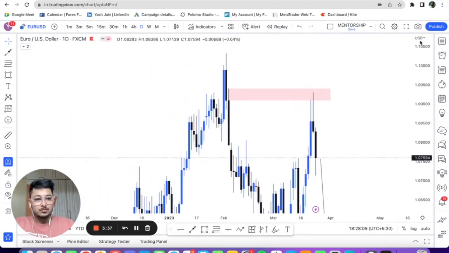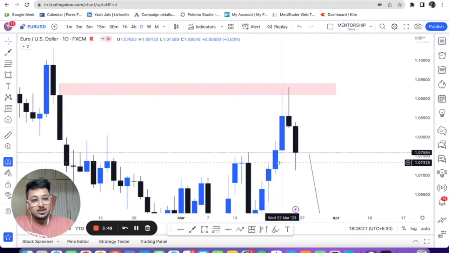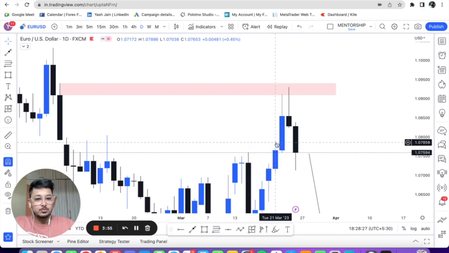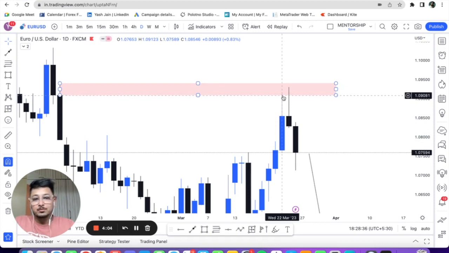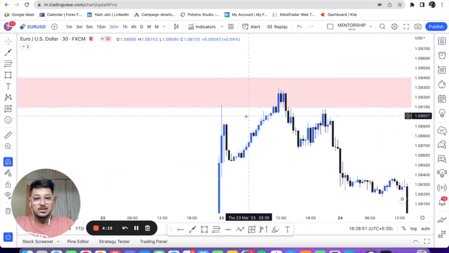If I go on a daily time frame, there's a very clean trap that we have had on Thursday. Basically, understand the market behavior in this order. Monday was bullish. When the previous day high broke on Tuesday, people must have bought positions and enjoyed profits. Same with Tuesday. When Tuesday's high got broken, extreme bullishness was seen in the market, and somebody must have tried to repeat the same scenario once again on Thursday, but of course this time it did not work, and this is the reason why I gave a short, because it was a classic trap.